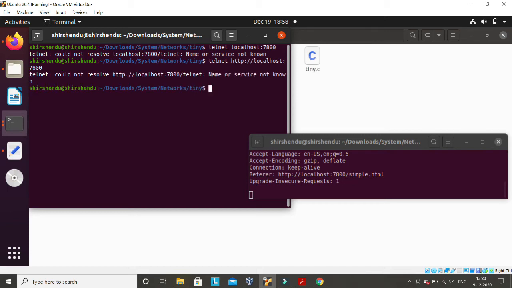Telnet could not resolve HTTP. Let me write localhost 7800 again.